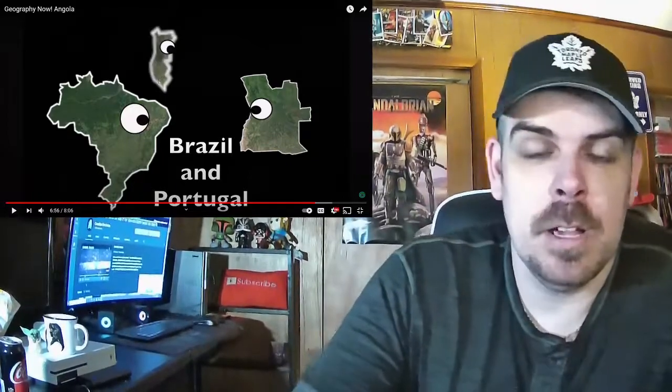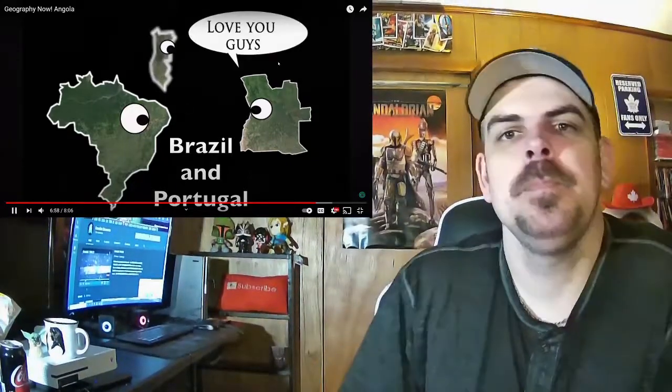Now, in terms of their best friends, Angola would probably consider Brazil and Portugal their best friends, even though Portugal had occupied them for over 400 years. After they had received their independence, they still maintained friendly ties to their former colonizer. Brazil, which also used to be a Portuguese